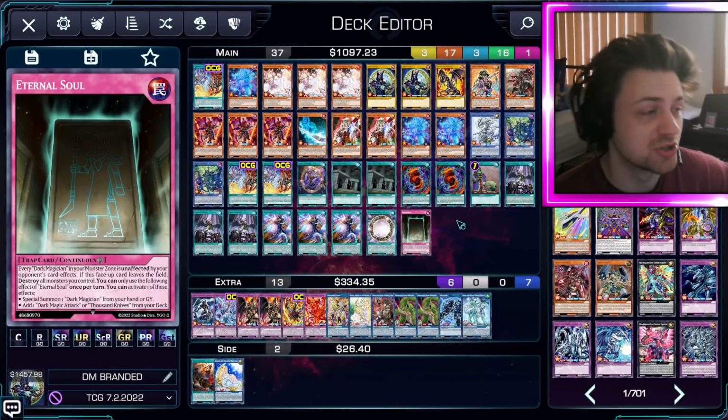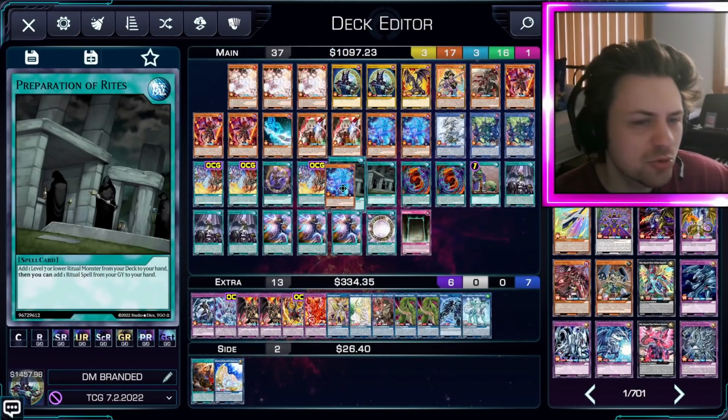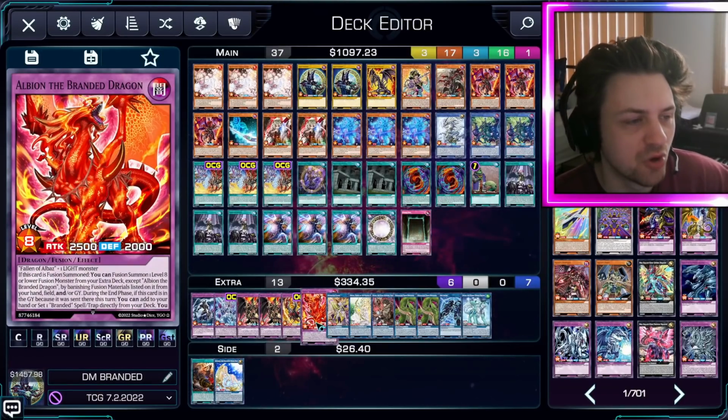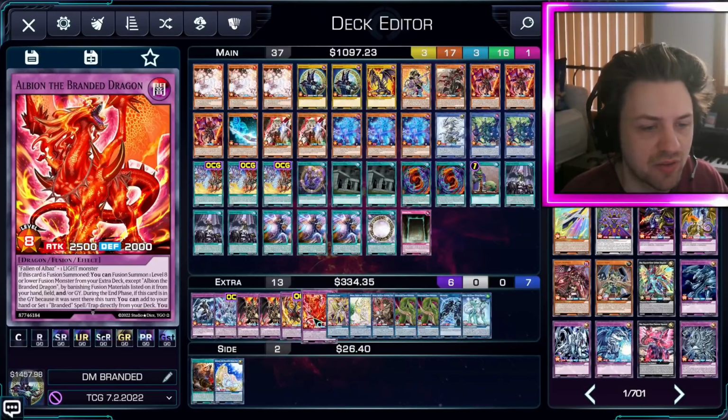So anyway, I just wanted to share that little interaction with you. Not super important, but I thought it was interesting. You can get Mana in the grave and do Albion things. Albion's not a bad card, is basically what I'm trying to say. I don't think you need other Branded Fusions, by the way. These three seem like...